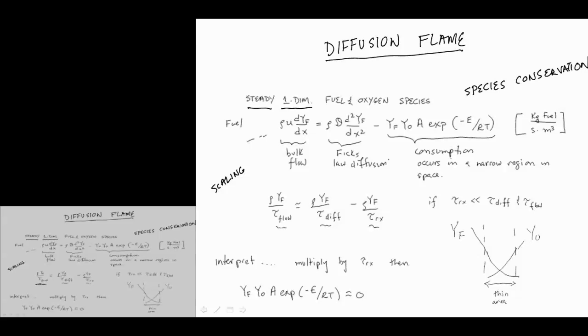Similarly, the diffusion term can be interpreted in the same way. It's the mass concentration of the fuel, the fuel mass density, divided by diffusion time. And the reaction term is similar, divided by reaction time. Now, if we put characteristic values in there for combustion, we find that the reaction time is much smaller than these other times. And so when we multiply by the reaction time,